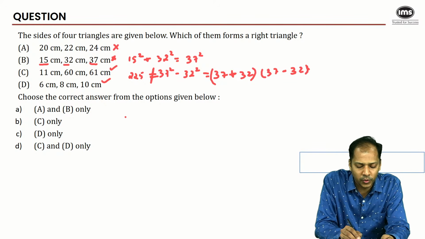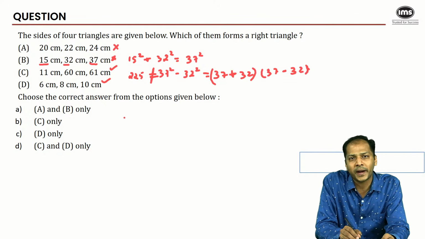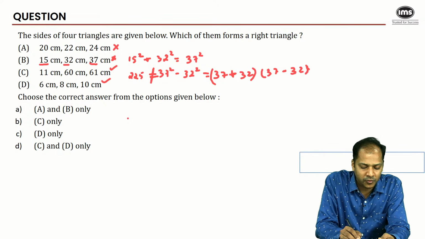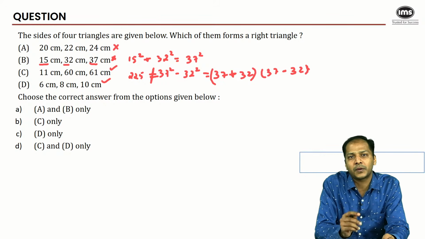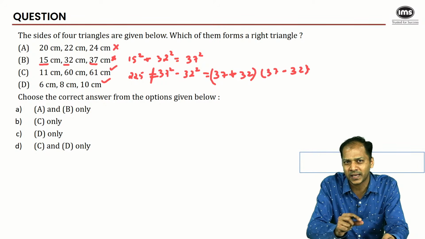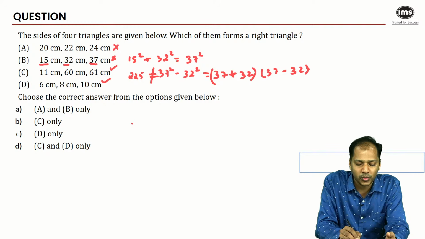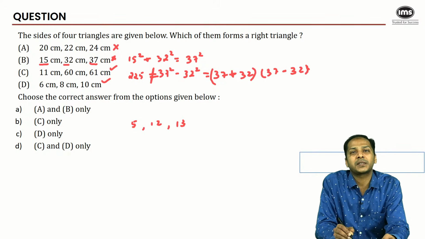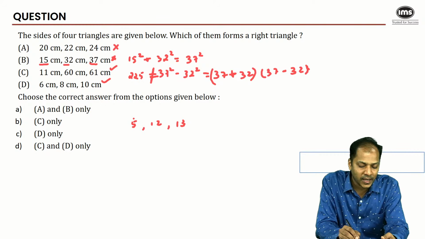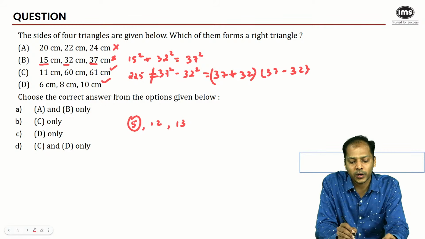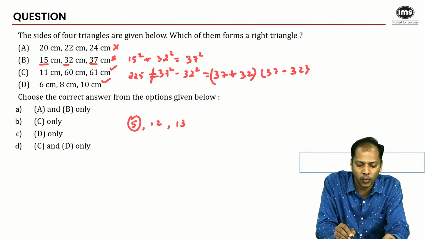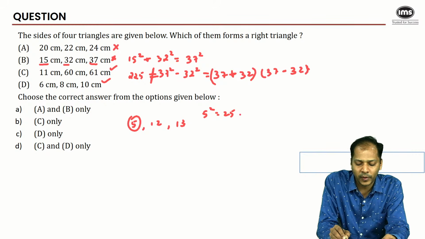Just for your reference, I'll give you a trick for whenever you are trying to find triplets. One of the ways of finding triplets is this. Say you know that there is a triplet called 5, 12 and 13. But suppose I forget what the triplet was that started with the number 5. It's an odd number, so you first square it. 5 square is 25. So you make half of 25. Half of 25 is 12.5.